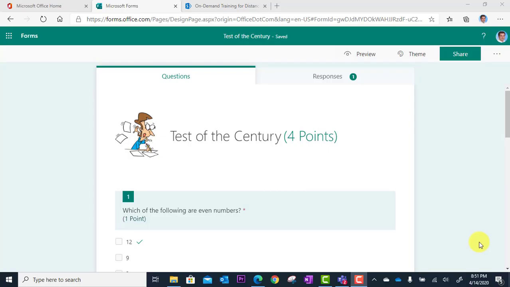In this tutorial, we will look at how you can get the share link to your quiz and add it into your class team so your students can access it. So here I am in my test of the century, and to get my share link, I'm going to go up to share here,